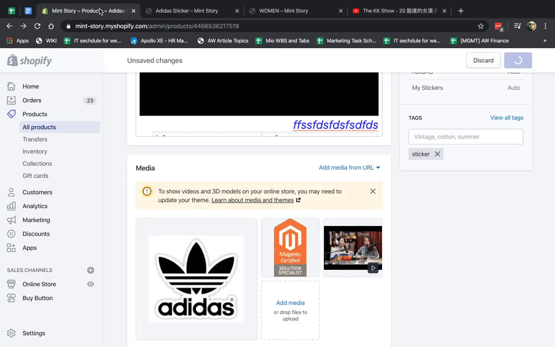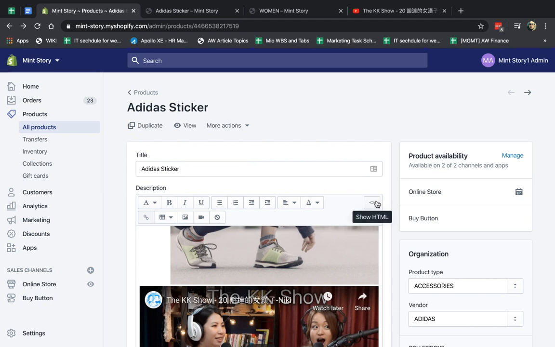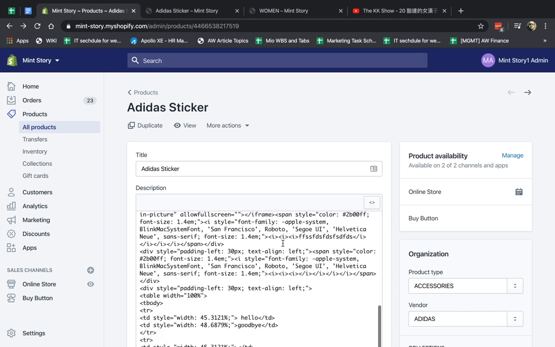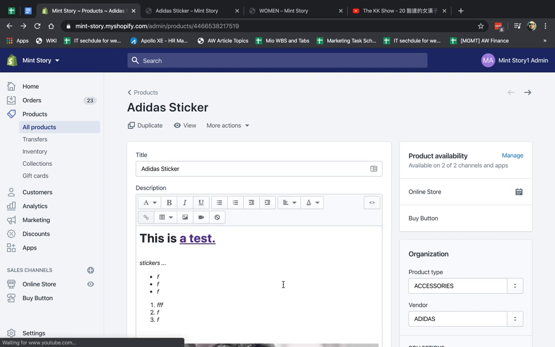The last thing you can do with the WYSIWYG is, if you're a developer, you know HTML, you can always, instead of using the WYSIWYG, click here and make your own HTML or do small corrections. Okay, if you know how to develop, HTML is cleaner, nicer. If you don't, you can play around with this.